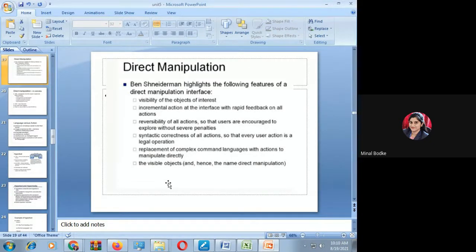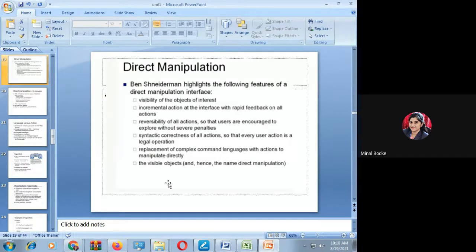Okay, we have seen the concept of Shneiderman in the third unit. So what has he quoted? He has quoted four concepts here. What were those four concepts? We saw them in yesterday's lecture. First, the visibility of the object. Whatever objects or graphical elements you are going to plot on the interface must be continuously visible.